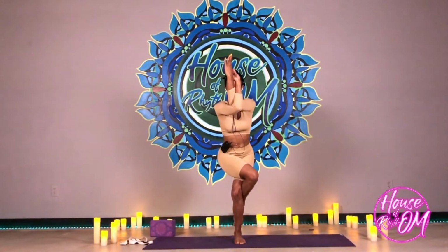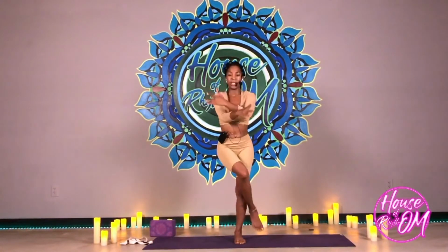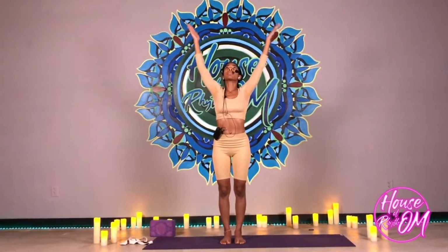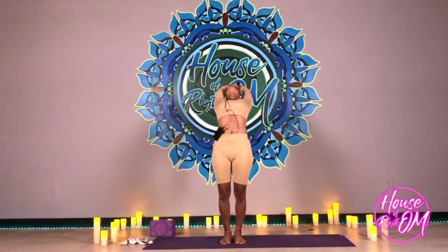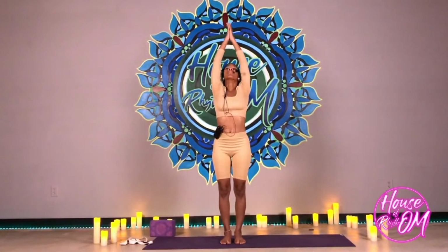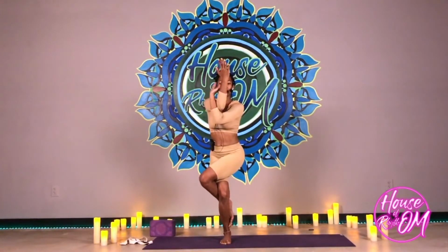Sinking as low as you possibly can. Exhale, release. Fingertips, palms go up toward the ceiling, back bend. And then we're gonna go ahead and bend the right knee, lifting the left leg all the way up and over. And then the left arm underneath the right,